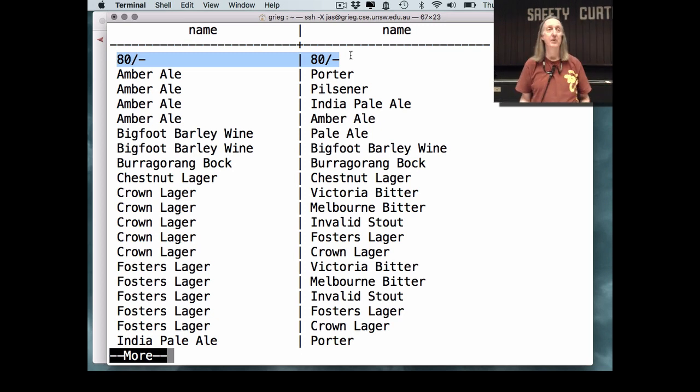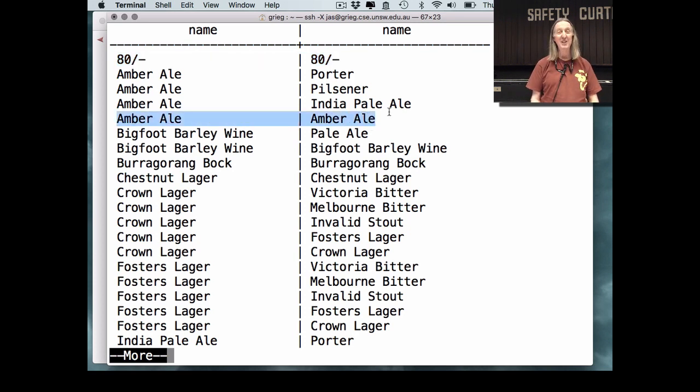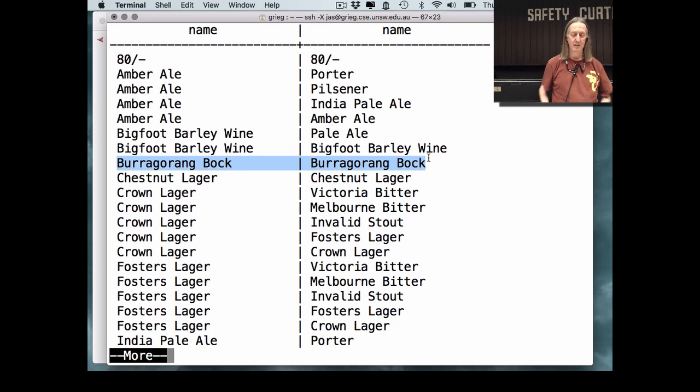But just to point out that those instances are going to go away. So you can see for every beer we're going to have an instance where we pair the beer with itself. Same here. So we've got rid of all of those, and we've also got rid of the conceptual duplicates where we've got A and B and B and A. So we're only interested in having one of those, so we take A and B. Alright, that looks like the end of the first hour, so let's